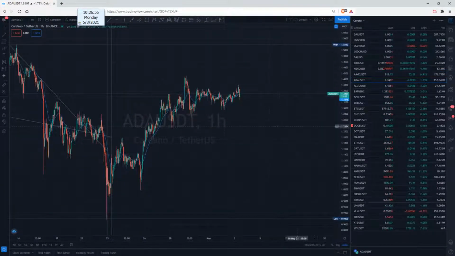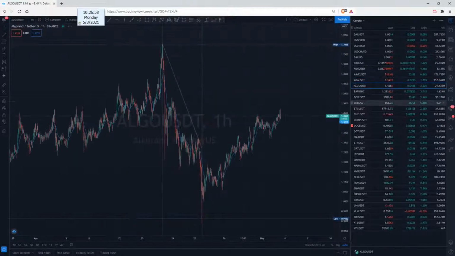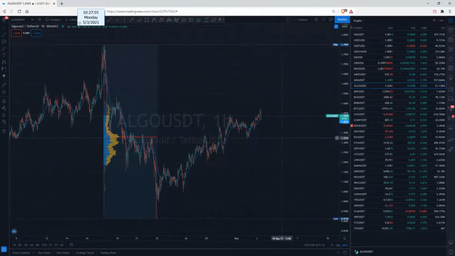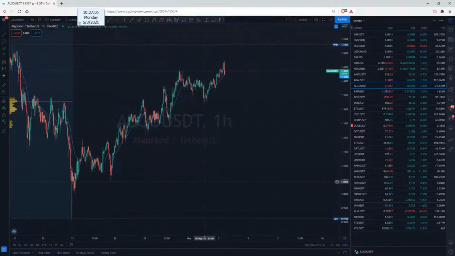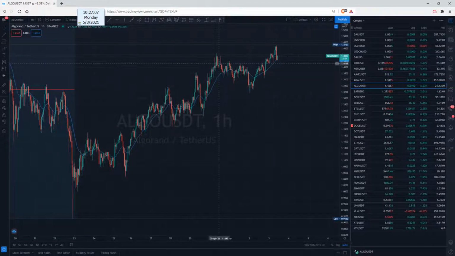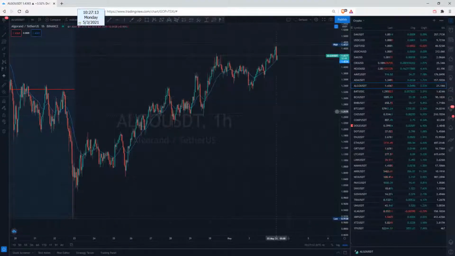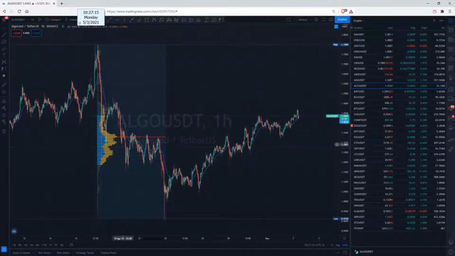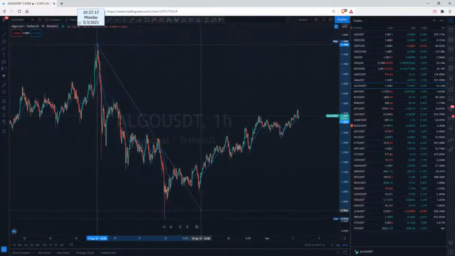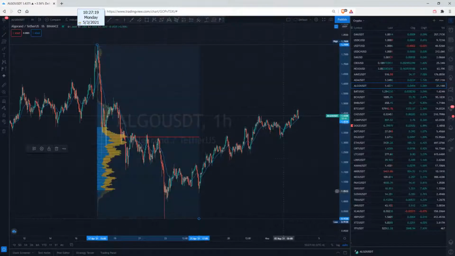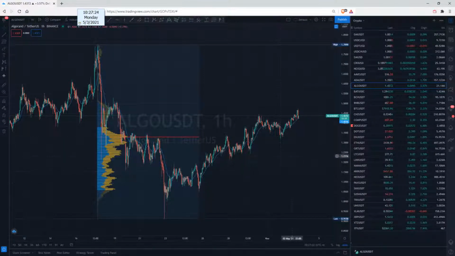ADA, I still wanted $1.20. It just refuses to pull back, so there's not really much that I want to change about that one. As far as Algo goes, they already had the breakout and the pullback. Really bad continuation, though. This continuation's kind of upsetting. It's not really getting a whole lot done. Lots of divergence across the top. I don't know. Might just need a deeper pullback. If we drag this a little bit further forward, a deeper pullback potential, at least. It's in the same spot. So they've kind of got to show up sooner than later here.